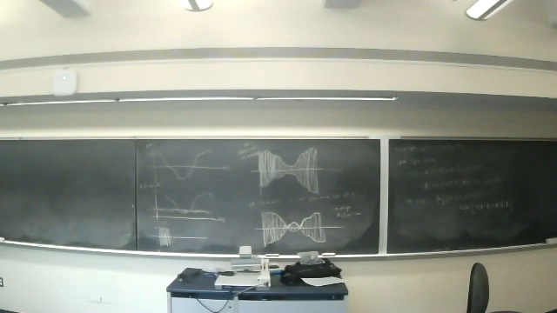But mathematically, it's quite simple. Just multiply by a cosine. You've got a modulated signal, a high frequency signal. That's all it takes. Let's say